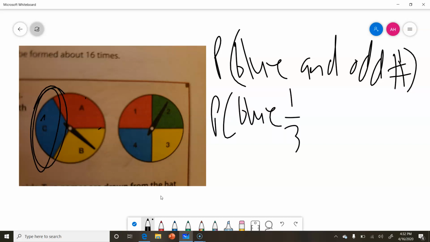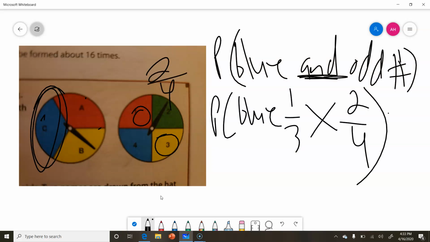1 blue out of 3 options. The probability of the second one is going to be multiplied because of "and." The probability of the second one, odd, is 1 and 3, so that's 2 out of 4. That's right, 2 out of 4. Now I just multiply across, and I get 2 out of 12, which when I divide 2 by 12, I get